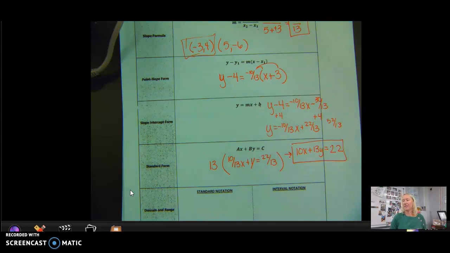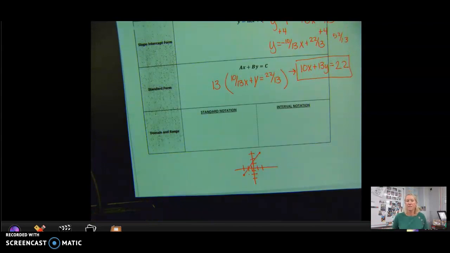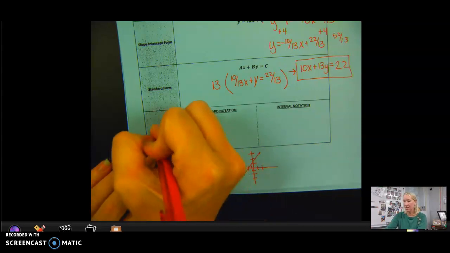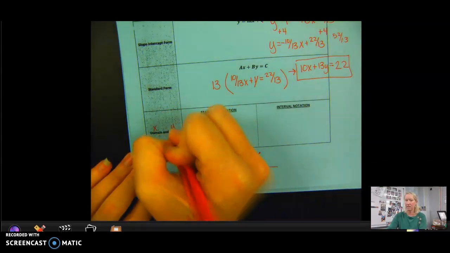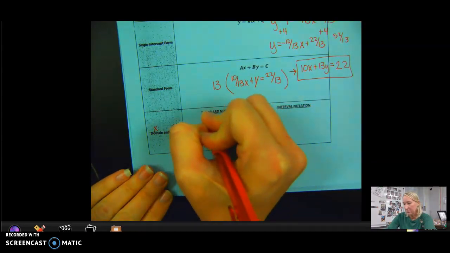The other thing is that if this were a negative, I'd have to multiply by a negative to get a positive. Okay, so now going into standard form and interval notation. So domain and range. Remember, domain are all your x values, range are all your y values. Okay, so standard notation may also be called algebraic